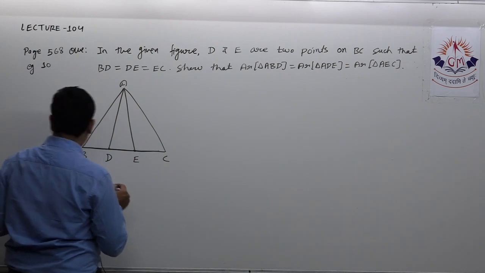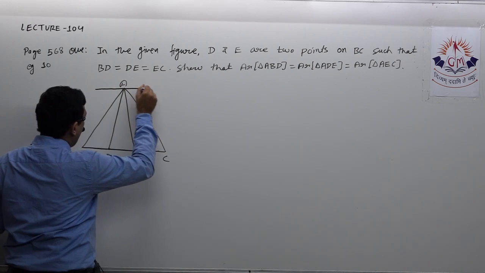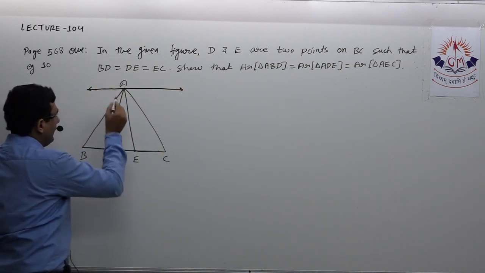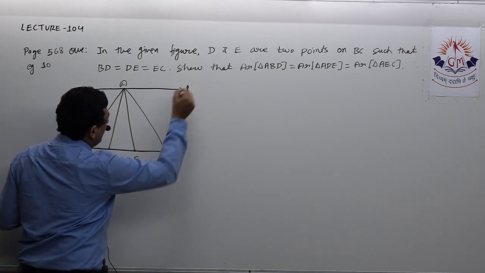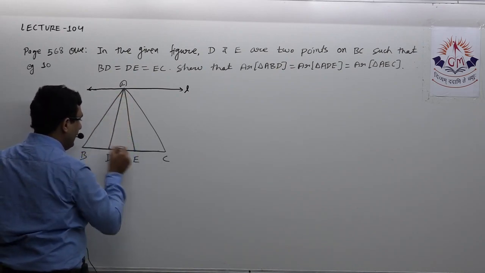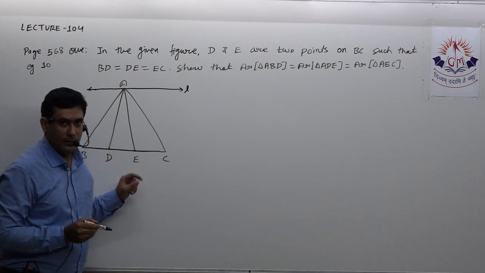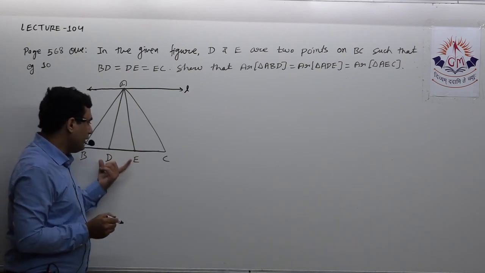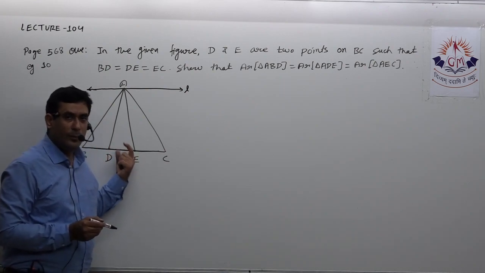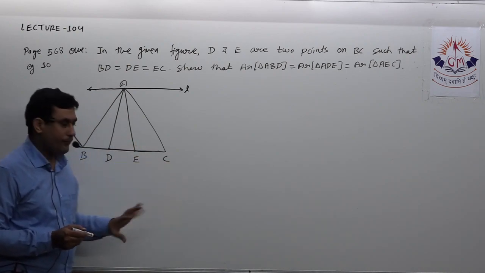So, very first thing that I can do, see, if I draw a line parallel to BC through point A. Okay, let the line be L. Now I can say these three triangles ABD, ADE and AEC have equal base. Definitely they are not the same base, but they have equal base. So I can say these three triangles have equal base and lie between the same parallels, so they will be equal in area. So that is the one way.